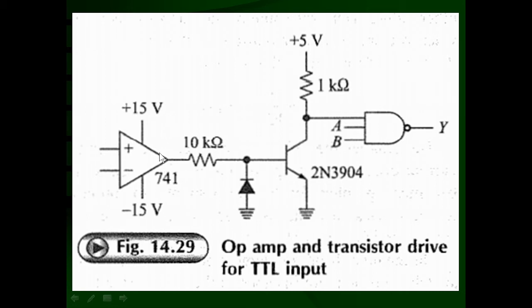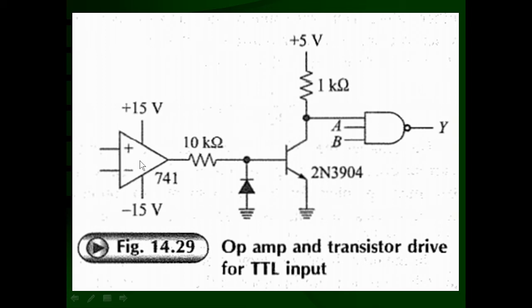So when the output is high, that is plus 15 volt, the base-emitter junction of this transistor is forward biased, and the transistor is conducting heavily, saturated, acting like a closed switch. And this transistor is connected through the pull-up resistance RL of 1 kilo ohm to the power supply of plus 5 volt. So the transistor is conducting and only 0.2 volt appears at the TTL input, and that is considered an acceptable low state TTL input, with a current of 1.6 milliampere that can sink through the transistor, so there is no problem.